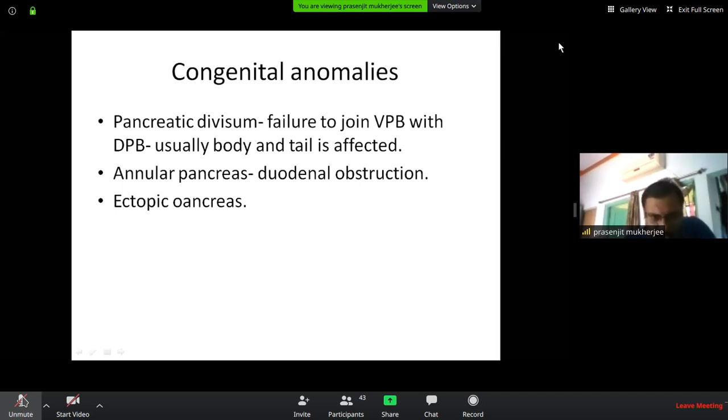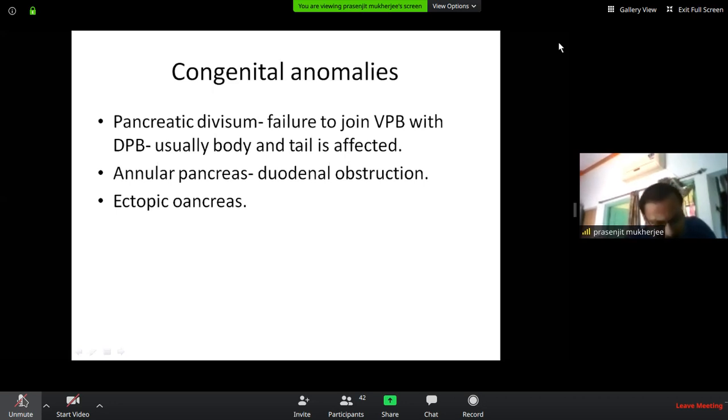Duodenal obstruction is very common with annular pancreas. And whenever we get this double bubble sign, we should check with ultrasonography or CT scan, which can readily detect annular pancreas. Another cause which may result in this double bubble appearance is duodenal atresia. But duodenal atresia develops at an early age, that means in the neonatal period, whereas annular pancreas usually presents in early childhood, or at least not in the neonatal period.